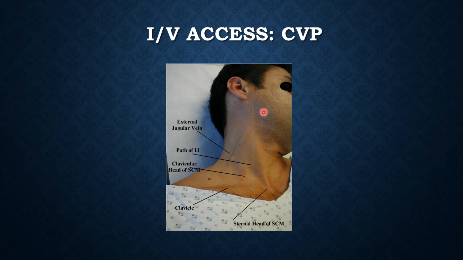The central venous line, this line is showing the track of the internal jugular vein in this patient with the face turned to the other side. This is mastoid process, sternocleidomastoid, sternal head, clavicular head, and the internal jugular vein passes here. However, if you notice, the external jugular vein is visible in patients with heart failure, despite the fact that the patient is hypotensive. You will see prominent veins, and these sites can be used to put in an IV cannula for IV access.